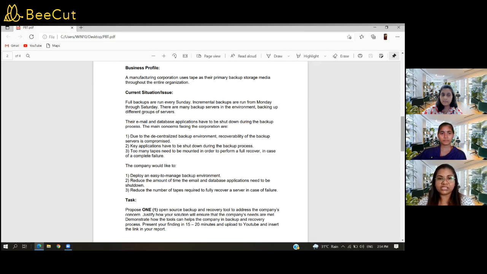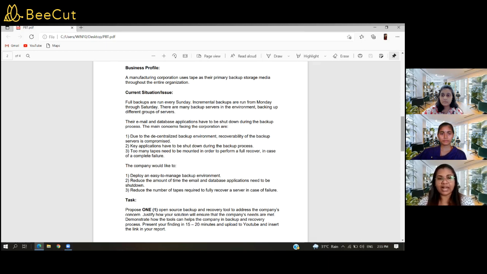The main concerns facing the corporation are: due to the decentralized backup environment, recoverability of the backup servers is compromised. Key applications have to be shut down during the backup process. Too many tapes need to be mounted in order to perform a full recovery in case of a complete failure.